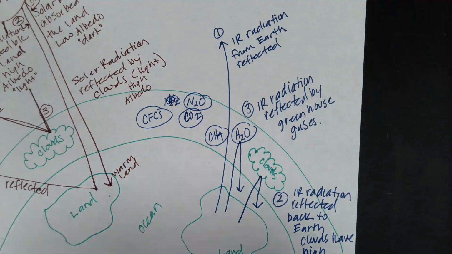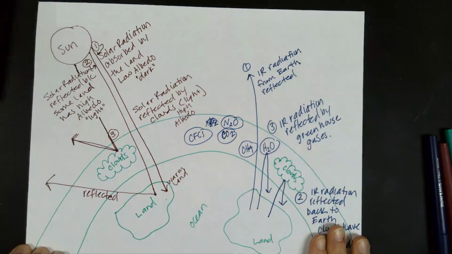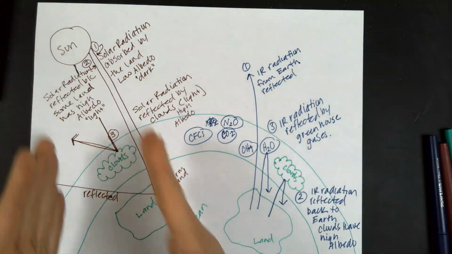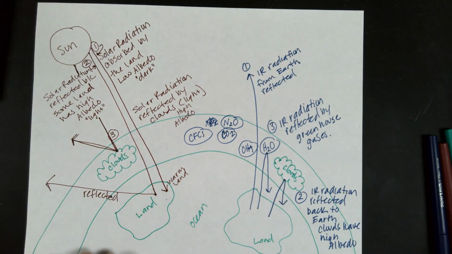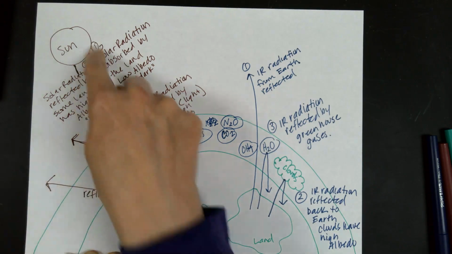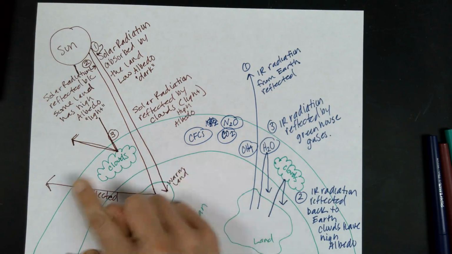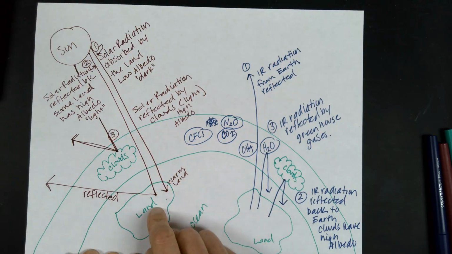Okay, so let's look at this whole thing right here and talk through it a little bit. So we have solar radiation comes down. Some of it is going to warm the land. Some of it is going to get reflected. Okay, so this is heat leaving. This is heat coming. Some of it is never going to even reach our atmosphere, our land, because it gets